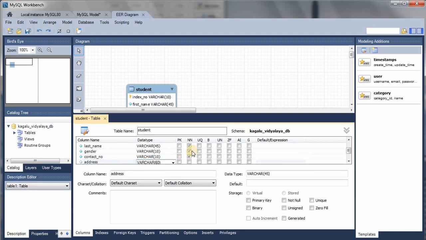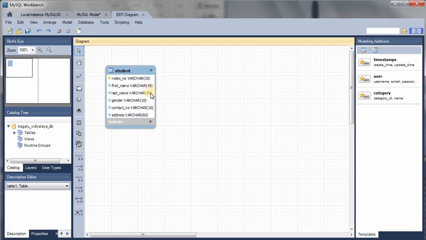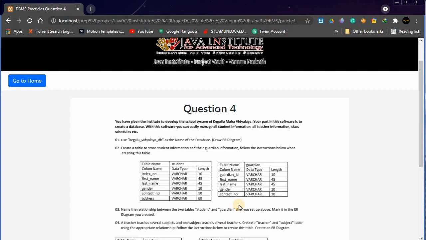That means it can hold a single value up to 60 characters in a cell. Okay, here we created the table called student, and we have to create the second table called guardian.